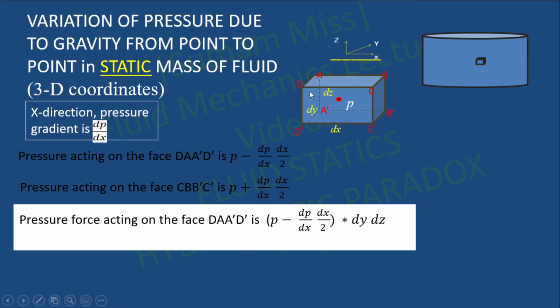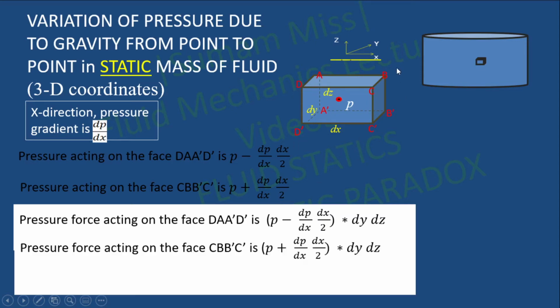So the corresponding pressure force on the face D, A, A dash, D dash is P minus dP by dx into dx by 2 into dy dz. So dy into dz is the area of the face D, A, A dash, D dash. Similarly, the pressure force acting on the face C, B, B dash, C dash is equal to the pressure multiplied with the area dy dz. So if you are considering the algebraic sum of the forces in x direction, then we